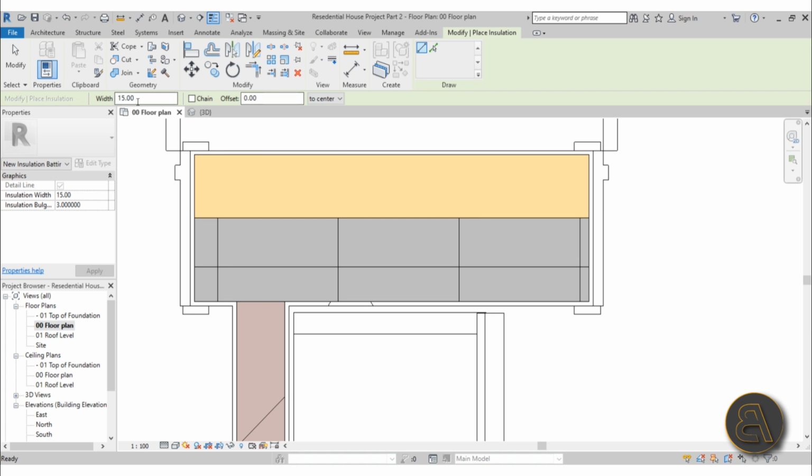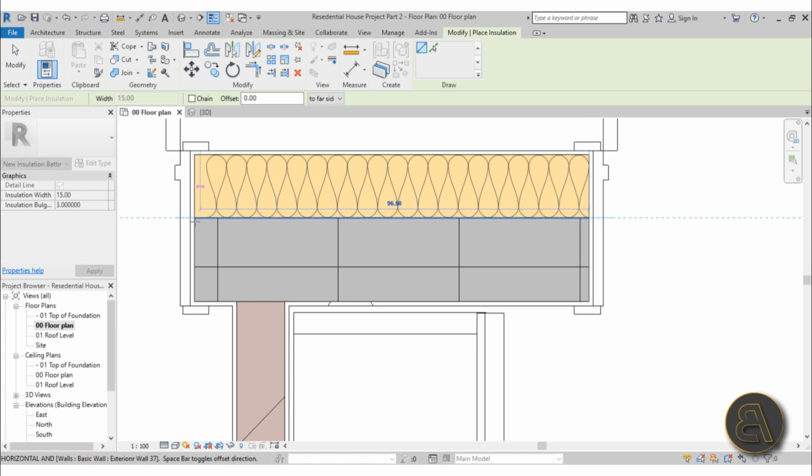So when you go here to insulation, make sure that for width you type in 15, and here I'm just going to go from center to far side. That's basically going to allow me not to... if it was centered, it would do something like this, but the problem is I don't know where the center of this is. We don't have anything to attach it to, so I'm going to mess it up. So what you do is just go here to far side, and then you go from one side all the way to the other, you click,